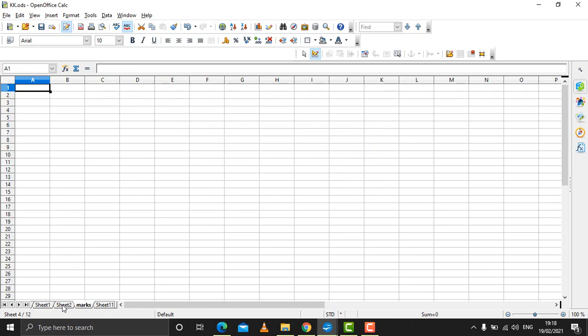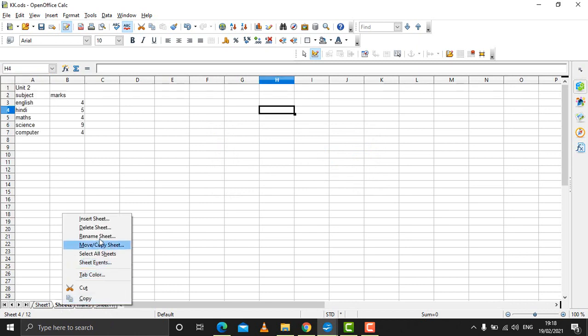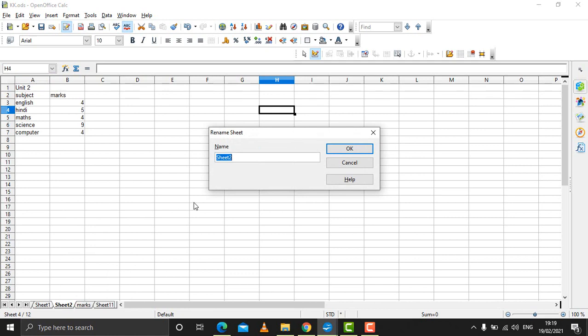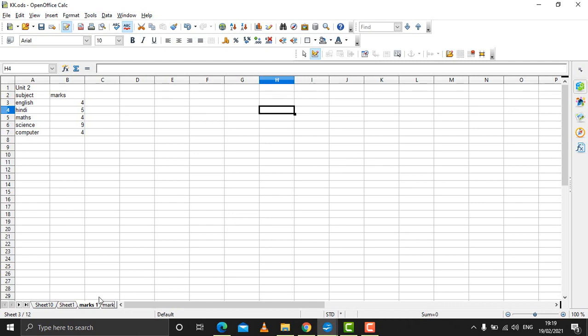Even you can right click and click on rename sheet. The same box will appear, and here also you can change the name. Say for example marks 1 and click on OK. So in this way you can change the name of worksheets, all the worksheets available in your workbook.